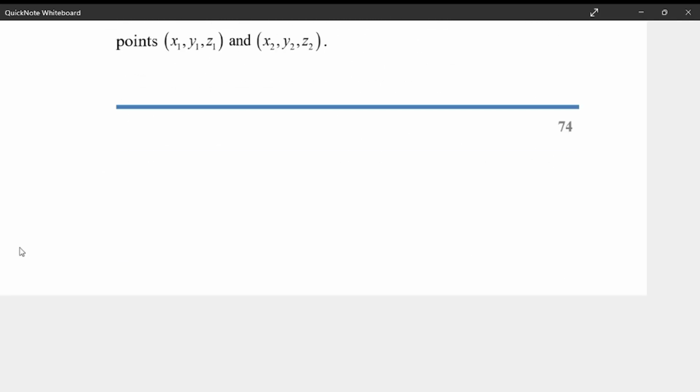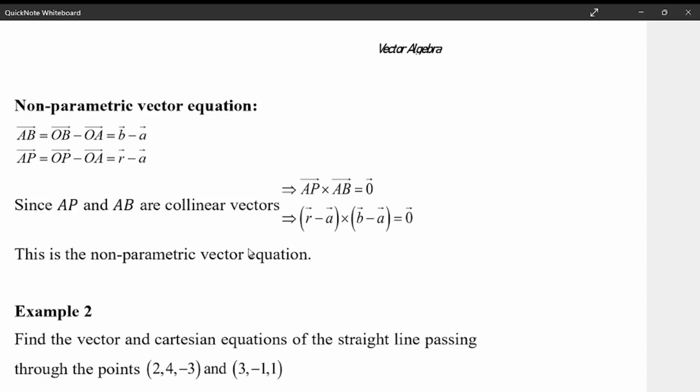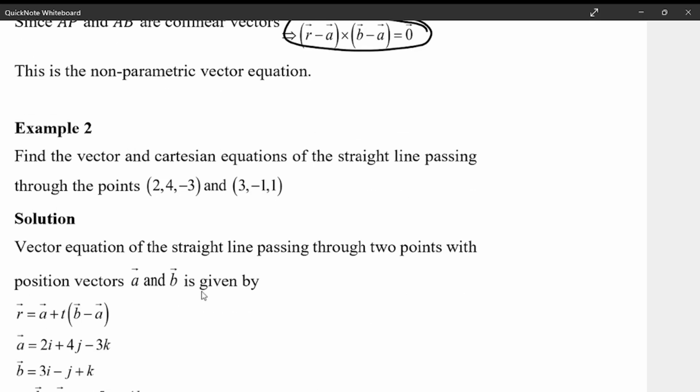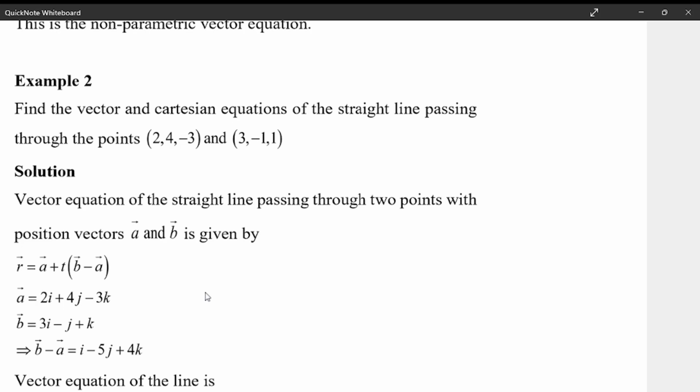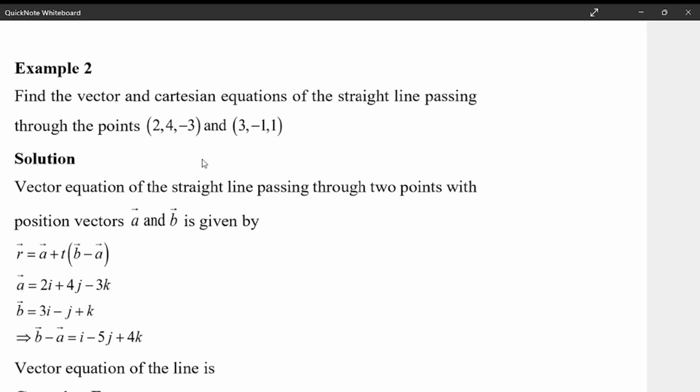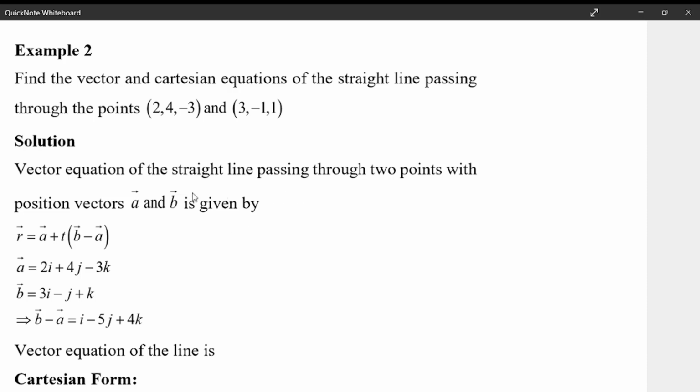Okay, now let's take a question. The non-parametric vector equation is also given as this. Now find the vector and the Cartesian equations of the straight line passing through the points. We know that the vector equation of a line passing through given points with position vectors a and b is given by this. So our a is equal to 2i plus 4j minus 3k, and then our b is equal to